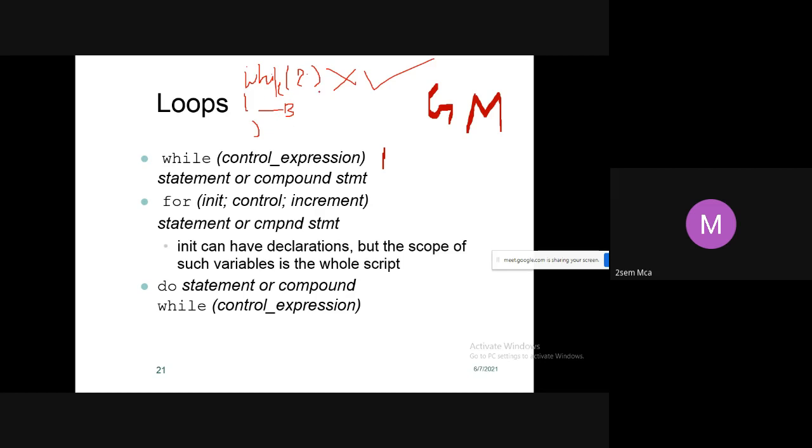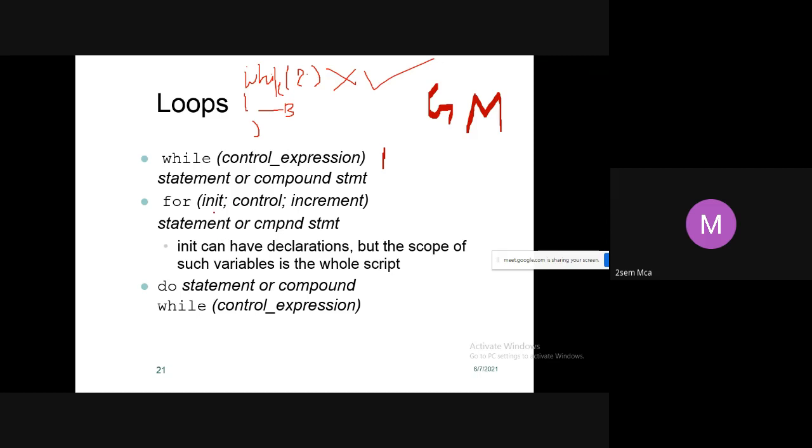This is the reason we call it an entry control loop: we check the condition at the entry, and then it goes to the compound or executable statements.